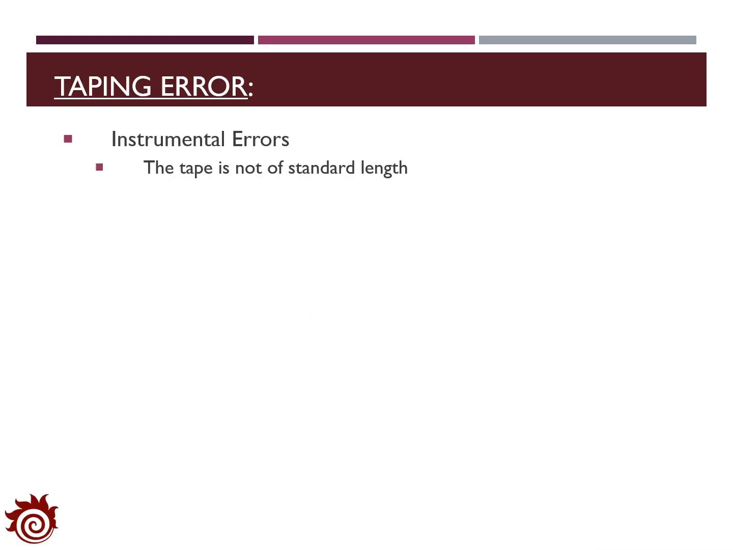In general, there are three types of errors in the taping method. The first one is called instrumental error. This error happens when the tape does not have standard length. In that sense, the markings from the tape do not reflect the actual values it claims, so that tape cannot